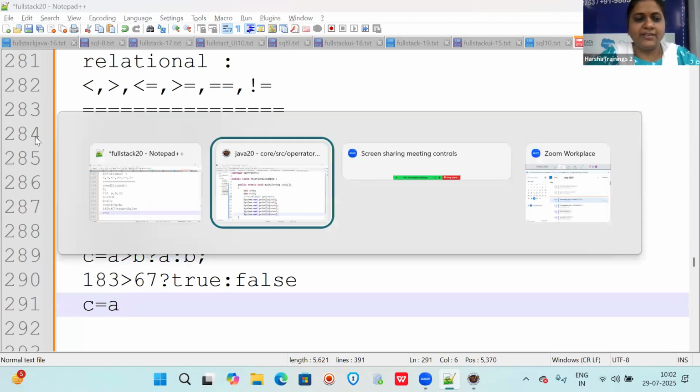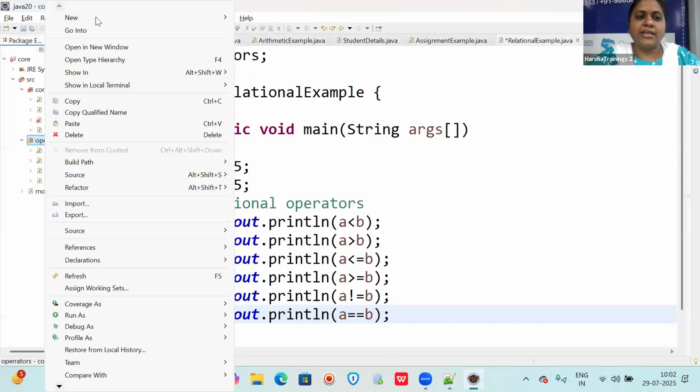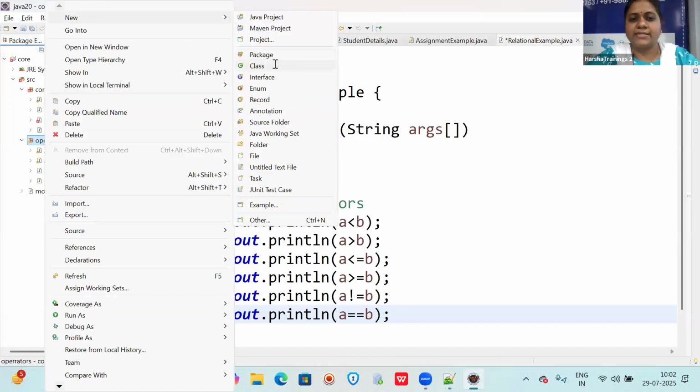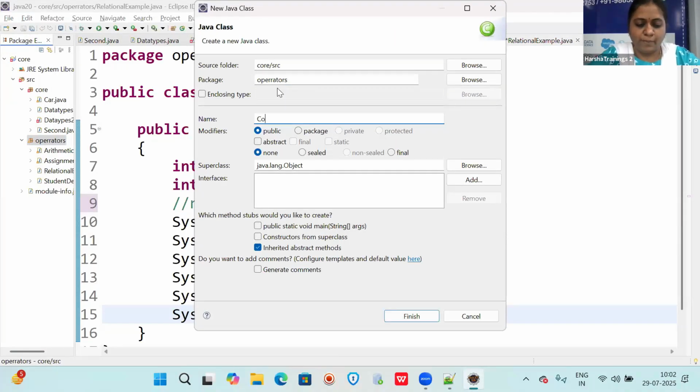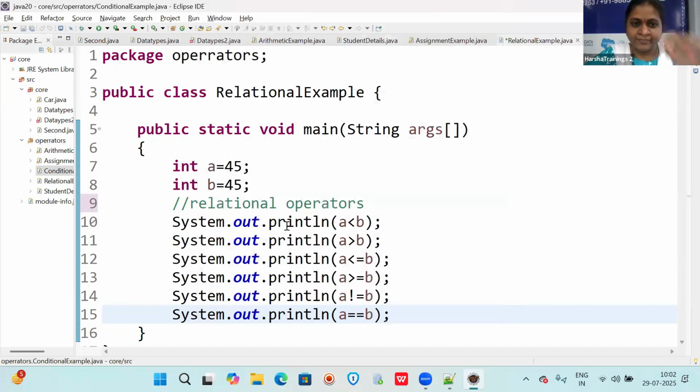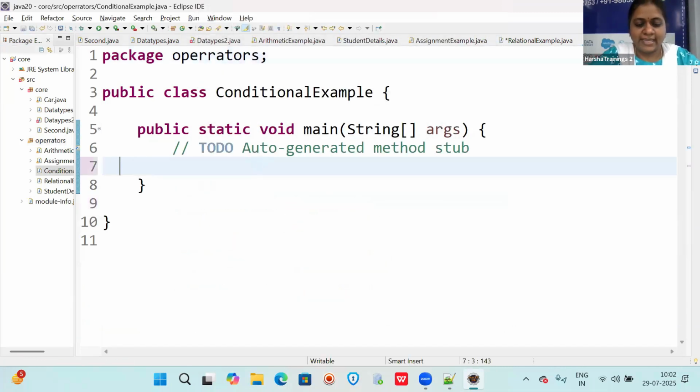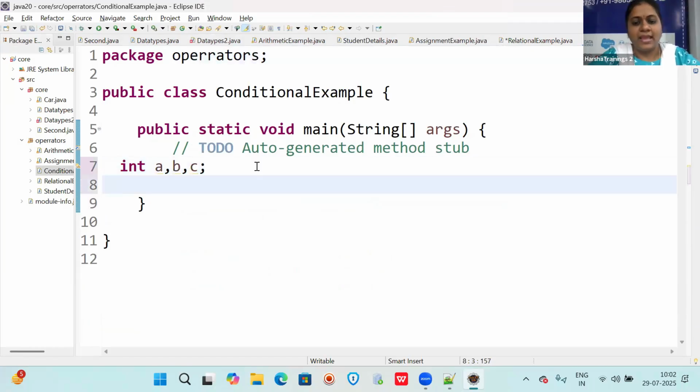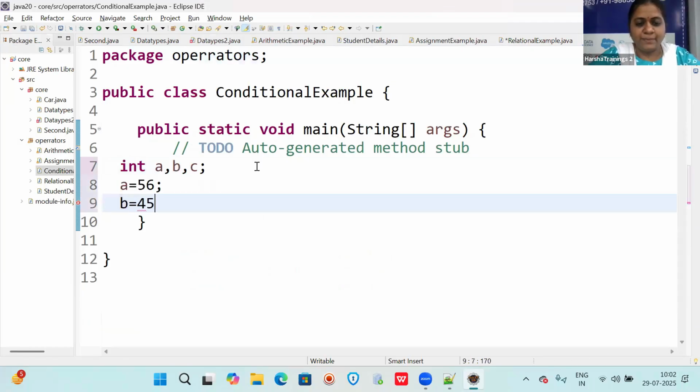So we can check this here. Example: greatest of two numbers using the conditional operator. So, a conditional example with the main method. Let us take int a, b, c, and assign some values to a and to b.